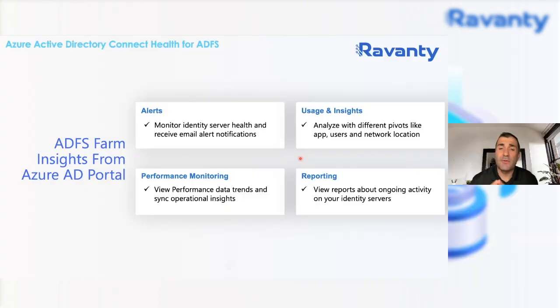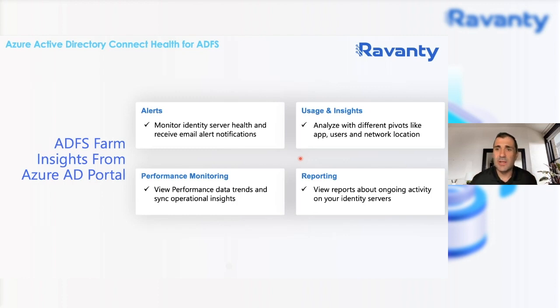Alrighty, so we talked a lot about Azure Active Directory and some of the great benefits and the security benefits. So now we're going to look at some of the ADFS insights you can get from Azure Active Directory. Now, there's this beautiful tool called Azure Active Directory Connect Health for ADFS. It's an agent that gets installed on all your ADFS servers and your web application proxies, and it brings together a lot of different components. So it allows you to get alerts about your ADFS environment, to understand if there are any OS upgrades or any issues occurring within your ADFS servers.